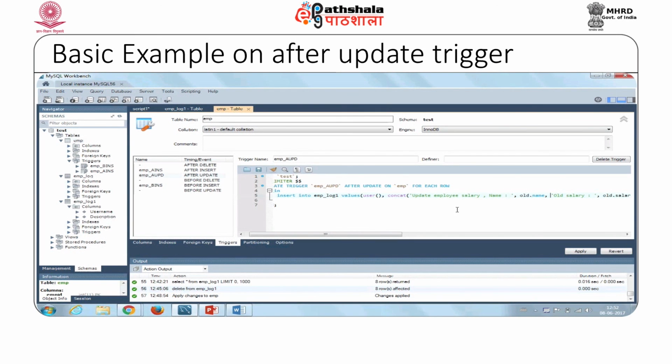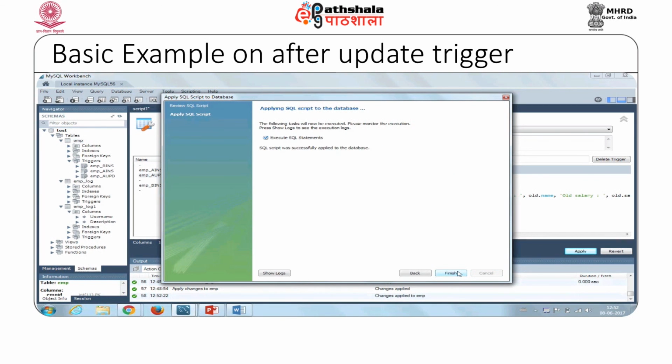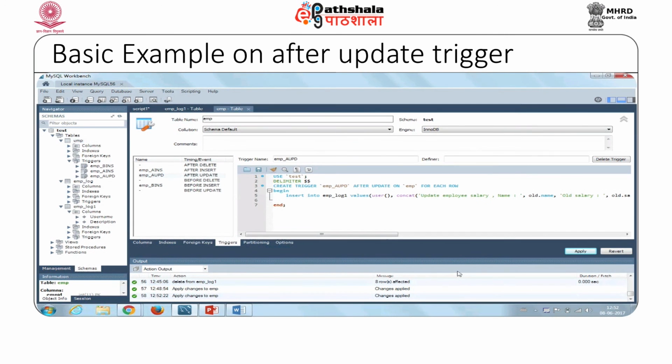As soon as you apply here, just cross-checking all the fields are covered, old dot salary, new dot salary. You should always cross check the syntax before applying. Now when you click on apply, the delimiter is added by default and the script is executed, and in order to test,